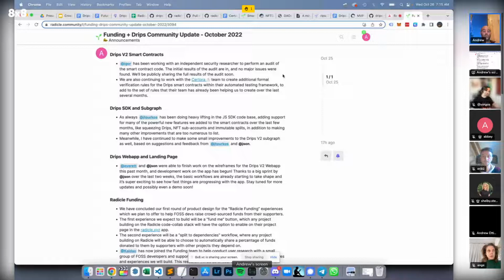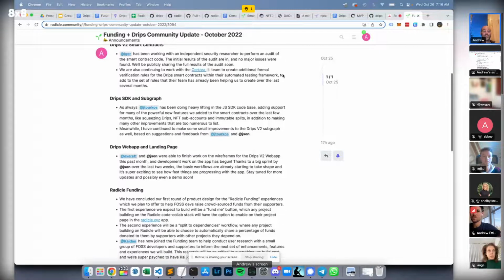But that's really kind of the last thing for the smart contracts, which is the security, and I think we're pretty close. So hopefully the mainnet release is actually coming really soon for Drips v2, which is exciting. On the SDK and Subgraph,